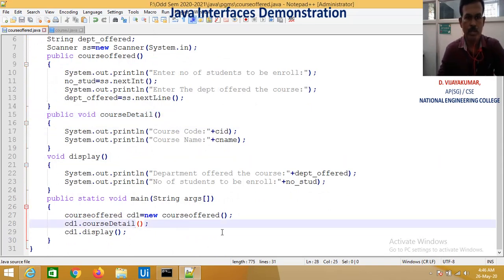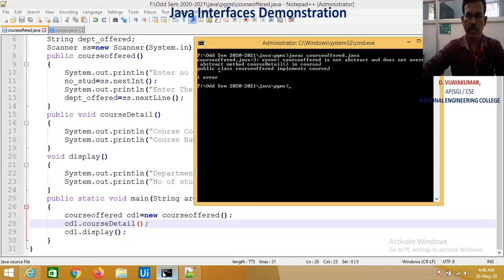So it considers it a method of the class's own, so if I am not mentioning the method name properly, that is, there we declared courseDetail, here we defined the method as courseDetails, even though it is considered a separate method, it will not be reported as an error, even though the compiler reports the error that the class has not overridden the method courseDetail. So now we have cleared that error: public void courseDetail. Now we have to compile this code.